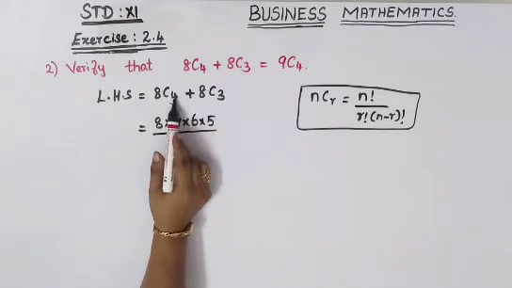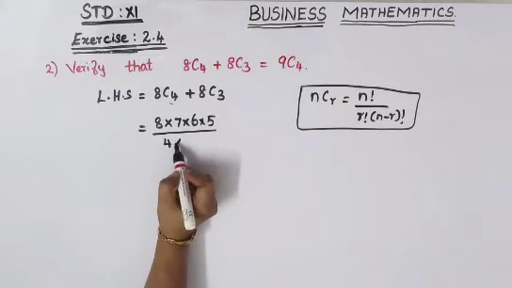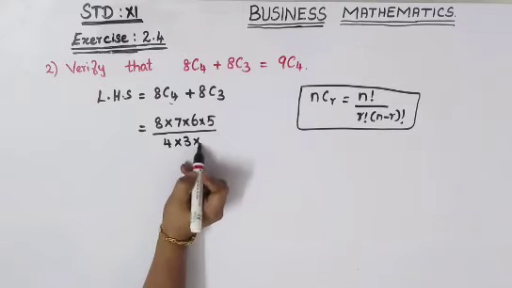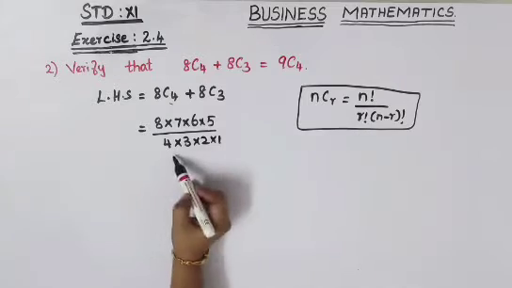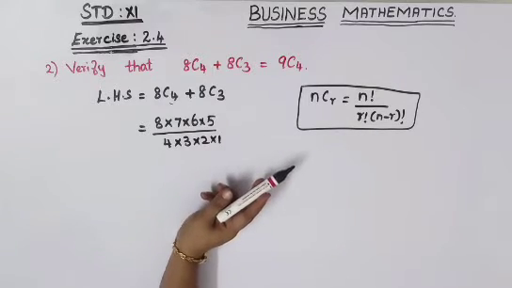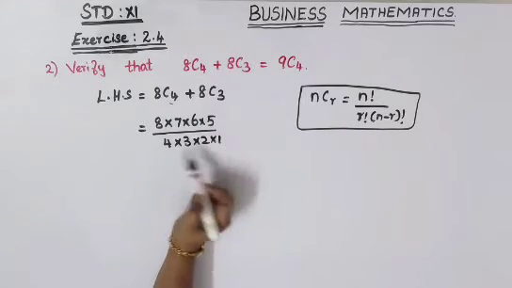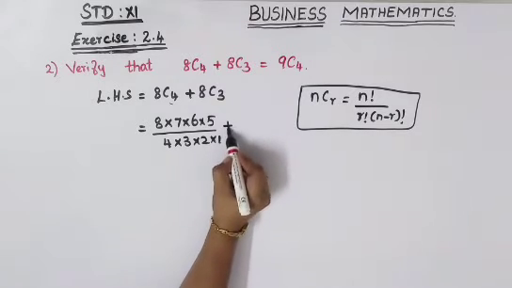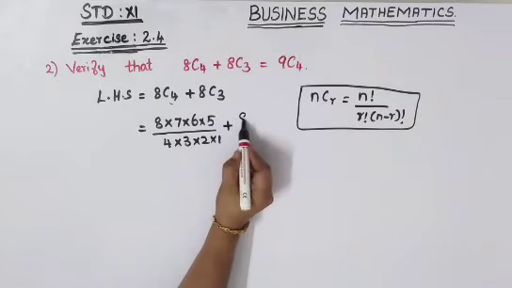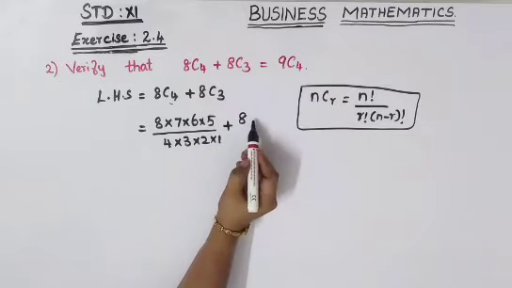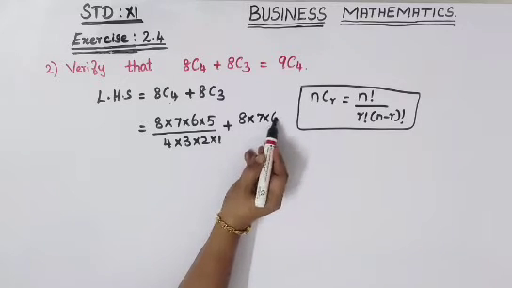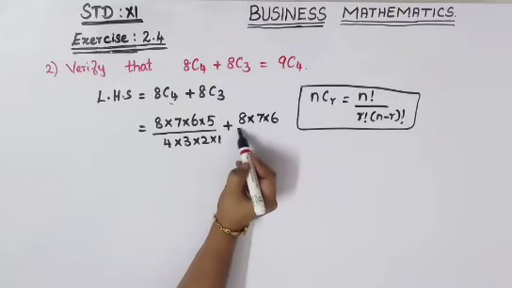Divided by, start from this 4, go up to 1. 4, 3, 2, 1. So if you replace your formula also, you will get this order. Okay, so instead of replacing your formula, you can use this method also. Then plus, again 8 is there, start from 8, see down, 3 will be there. Okay, so 3 is there. So 3 consecutive numbers you will have to go down. So 8, 7, 6. So 3 numbers is over.